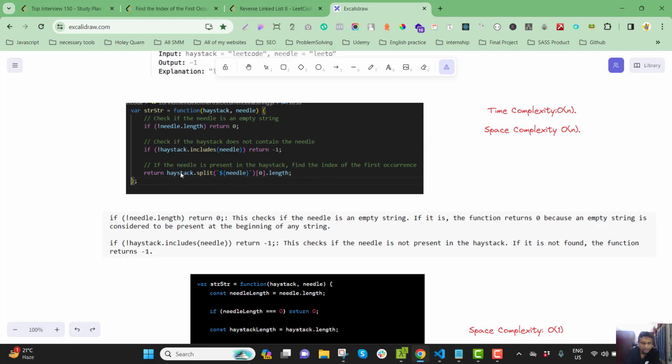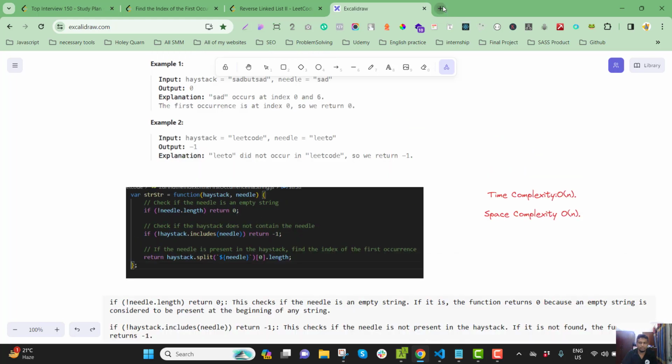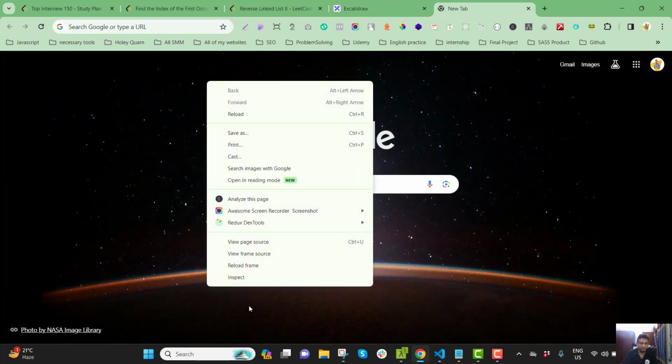What is this line saying? Haystack split needle. It will find the first occurrence and finally return the length. So what is happening over here? You see,